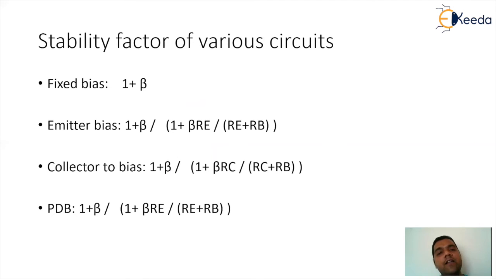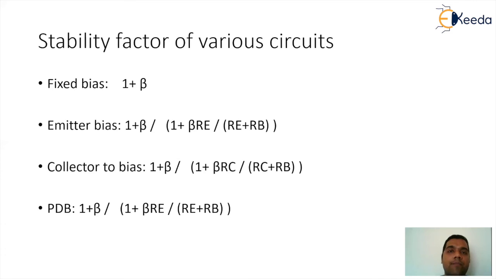As I've said earlier, if I want to calculate the stability factor of the previous circuits that we have discussed, the standard formula for stability factor is 1 plus beta divided by 1 minus beta del IB by del IC. So if I want the factor del IB by del IC, the thumb rule is you apply KVL to the input loop, you differentiate the input loop equation with respect to IC, and you get the value of del IB by del IC. Take the value, dump it in the formula, you will land up at the value of SI.